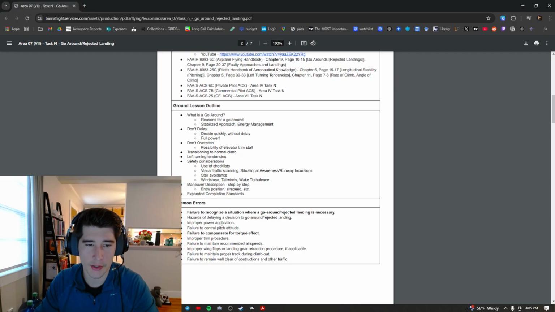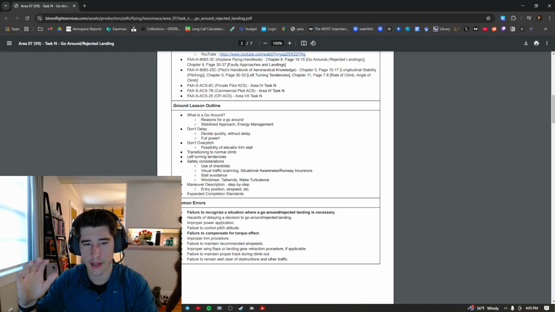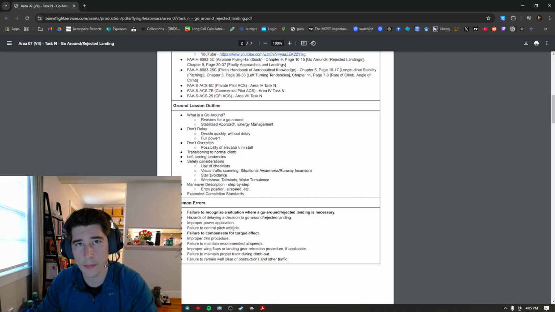Improper power application. That'd be something shy of max or takeoff power, which I think you should go max. You should go max power, get away from the ground, get away from the danger, clean up the aircraft, make sure you're stable, and control the pitch. So failure to control the pitch. If you fail to control the pitch,